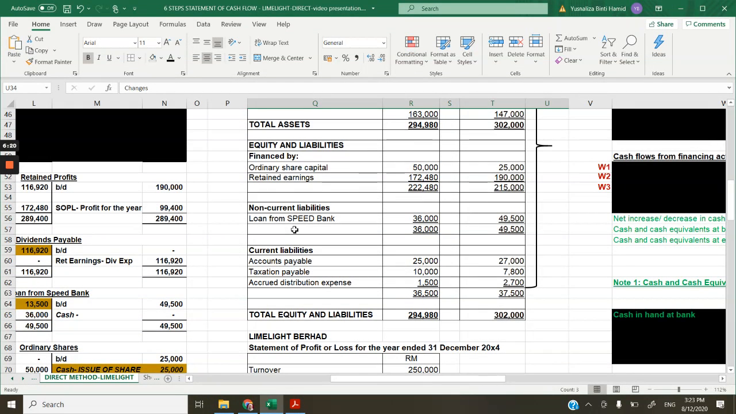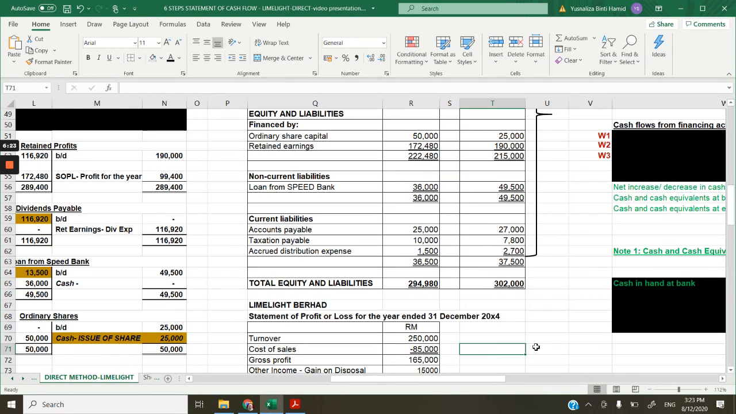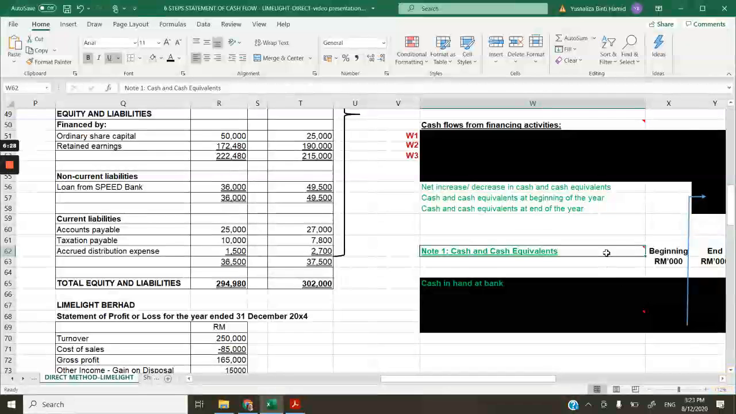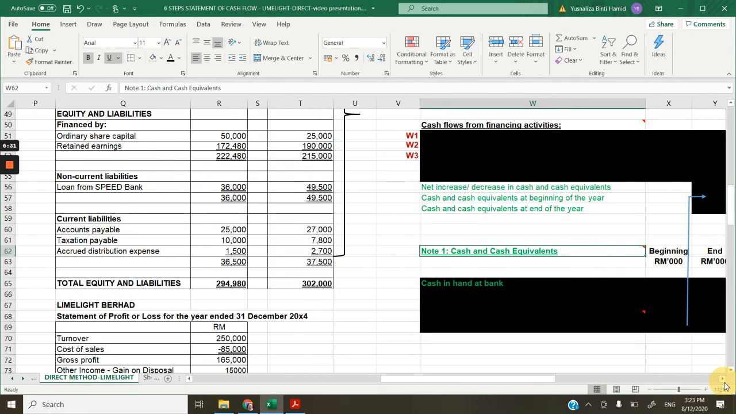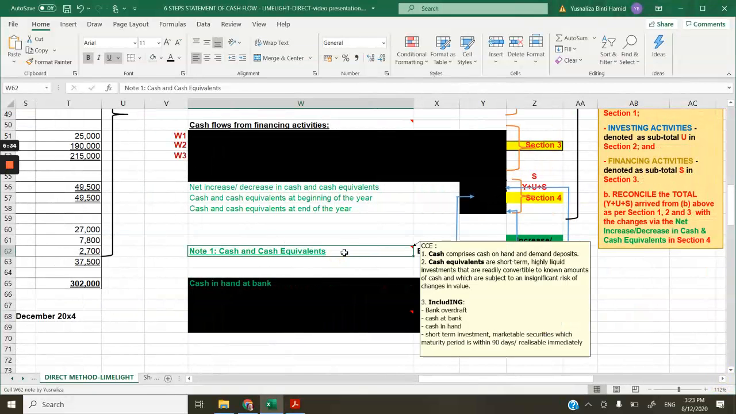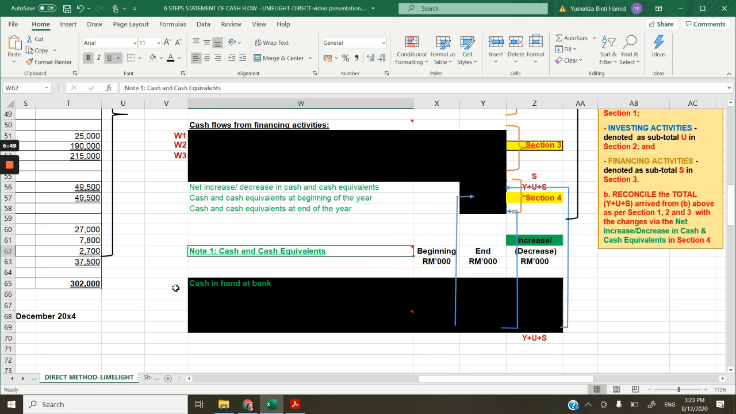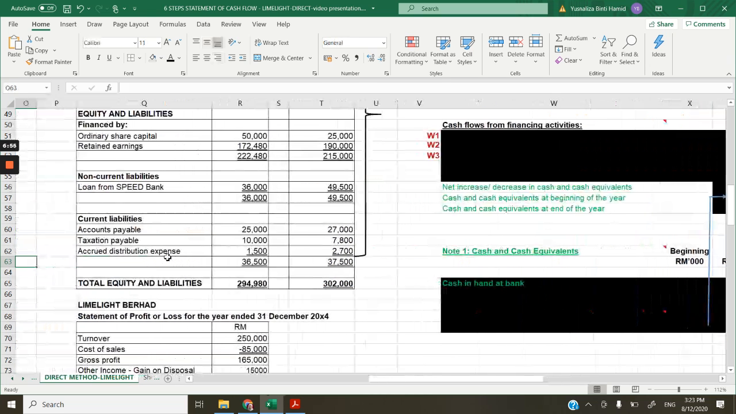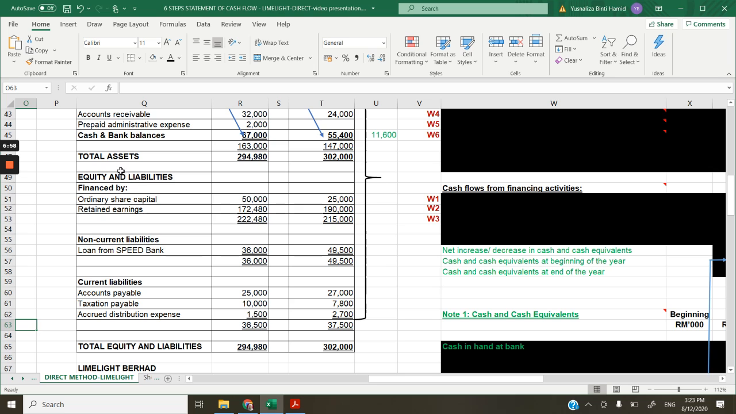If you have already learned much earlier, and you go through my lecture, you would see that the cash and cash equivalent will normally comprise of these items. Can be cash in hand, cash at bank, short-term investment, marketable securities, right? And can also be bank overdraft. So in our case, you don't have all those items in one statement. You just have one particular item, which is this cash and bank balances